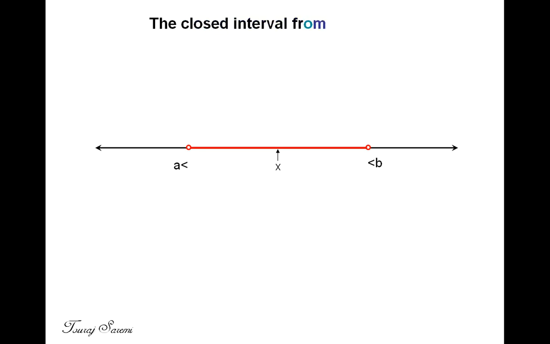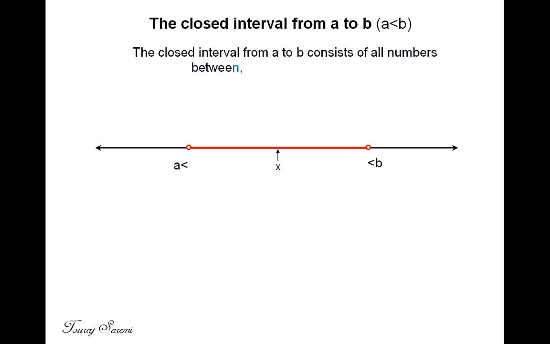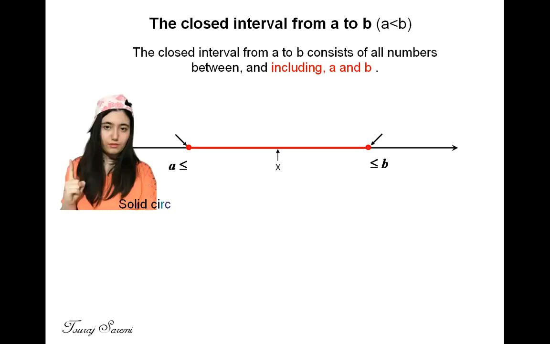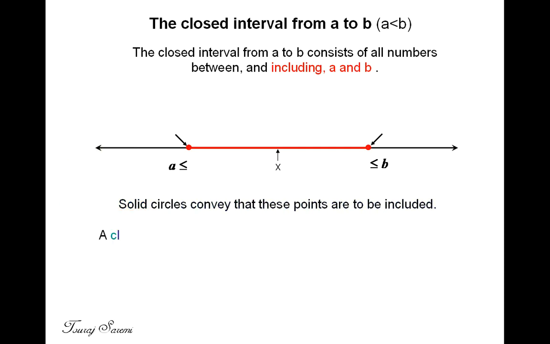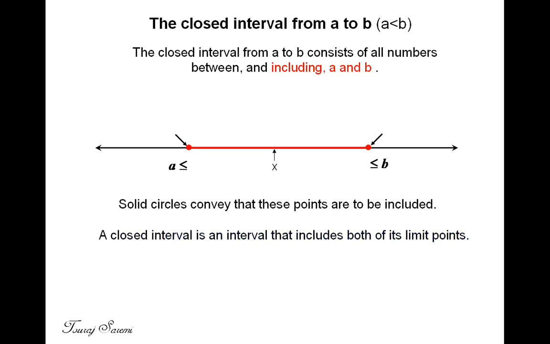The closed interval from a to b. The closed interval from a to b consists of all numbers between, and including, a and b. Solid circles convey that these points are to be included. A closed interval is an interval that includes both of its limit points. We can express the closed interval from a to b as